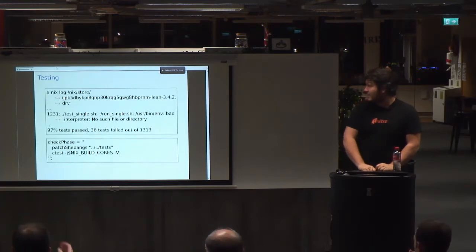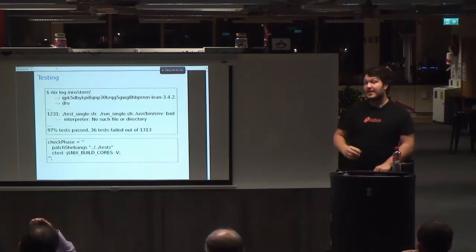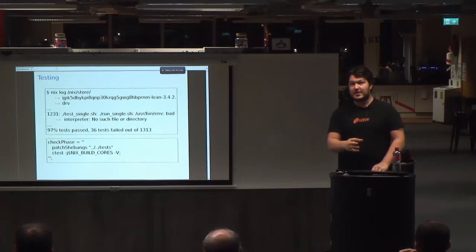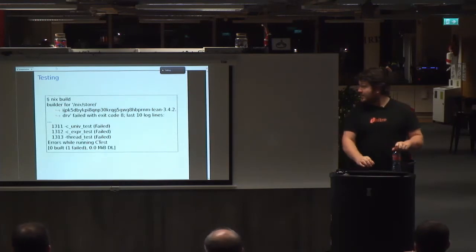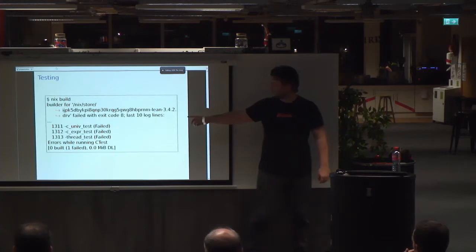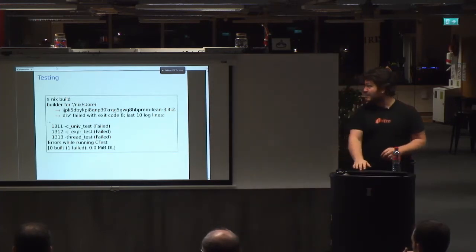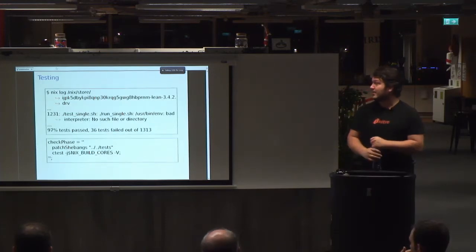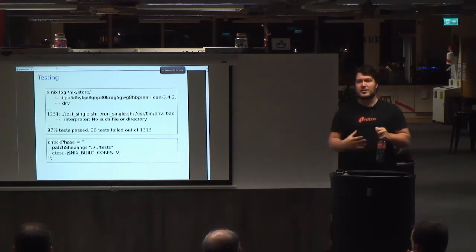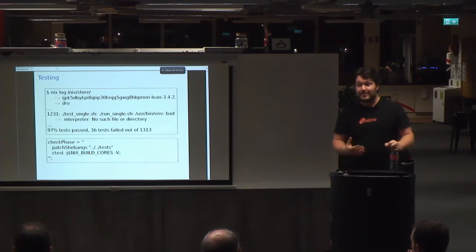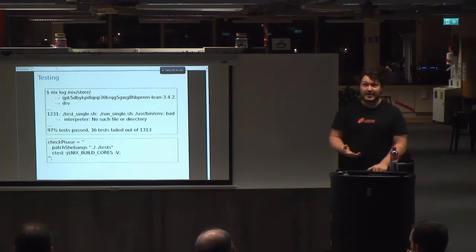So nix log is a command that will take the result of a previous build and show you the logs for that build. So how do you do this? When you do nix build, it gives you the path in the store to that build. And if that path can't be built, nix log can go get the logs for it. And I see that the shebangs in these scripts for the test were dependent on things being available in /usr and /bin, which they're not on Nix. So Nix comes with a script called patchShebangs.